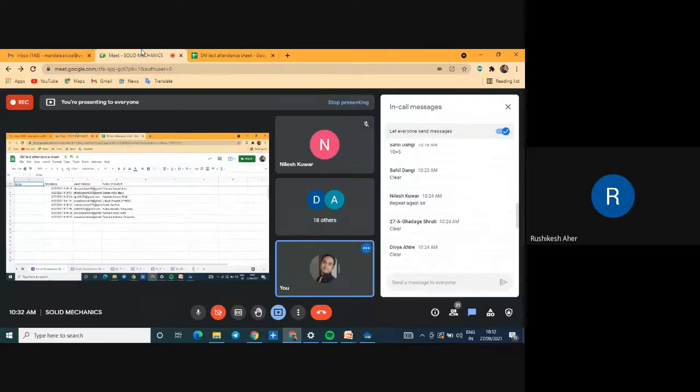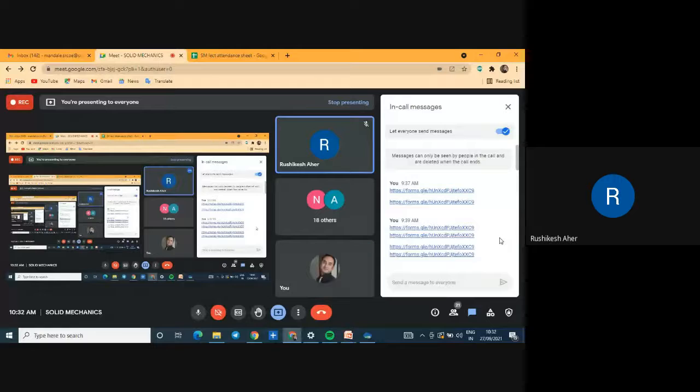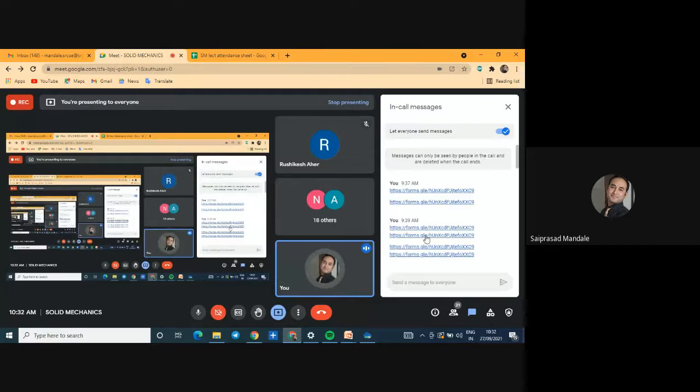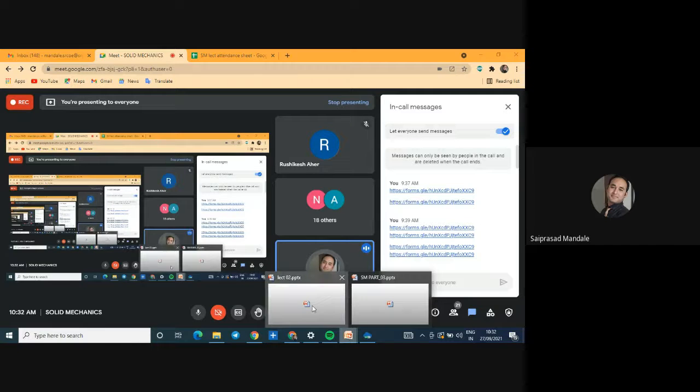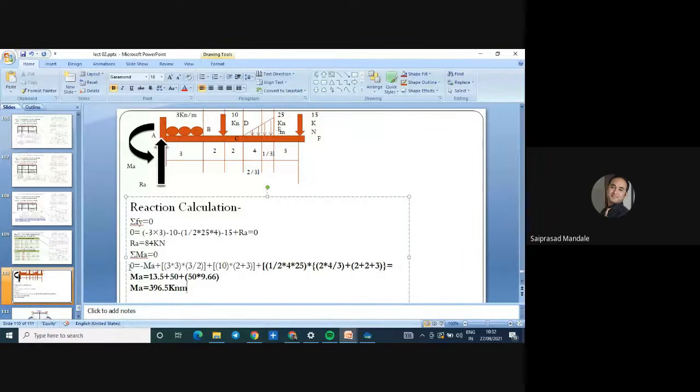I have shared the link for you. Today's exercise for you is, I have already shared the link for the attendance. Everybody please fill the attendance. You have to do the calculation for this and tell me the answer, cross-verifying whether it is right or wrong. The second task is to do shear force and bending moment calculation for tomorrow's lecture. I will first ask this question and then I will start unit number 3.